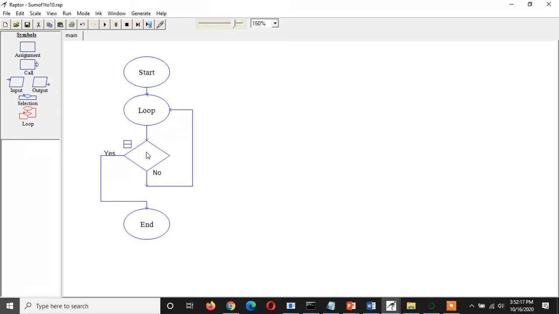Now this is a condition symbol, right? Because when we are using loop, we need to give some condition for terminating the loop. Otherwise that loop will be in the continuation and then it will not end. So then it will be endless loop, infinite loop, and it will hang your machine. So we have to give some condition for stopping that loop.